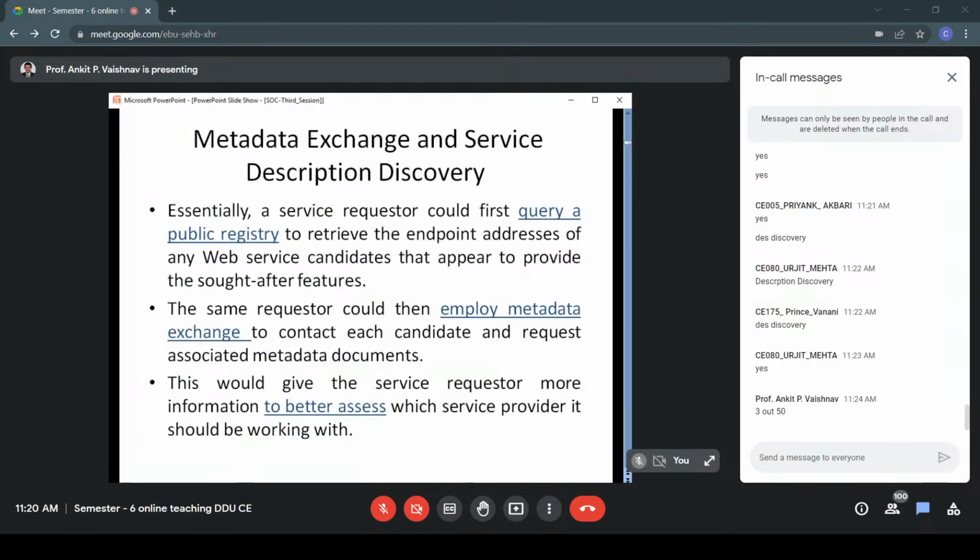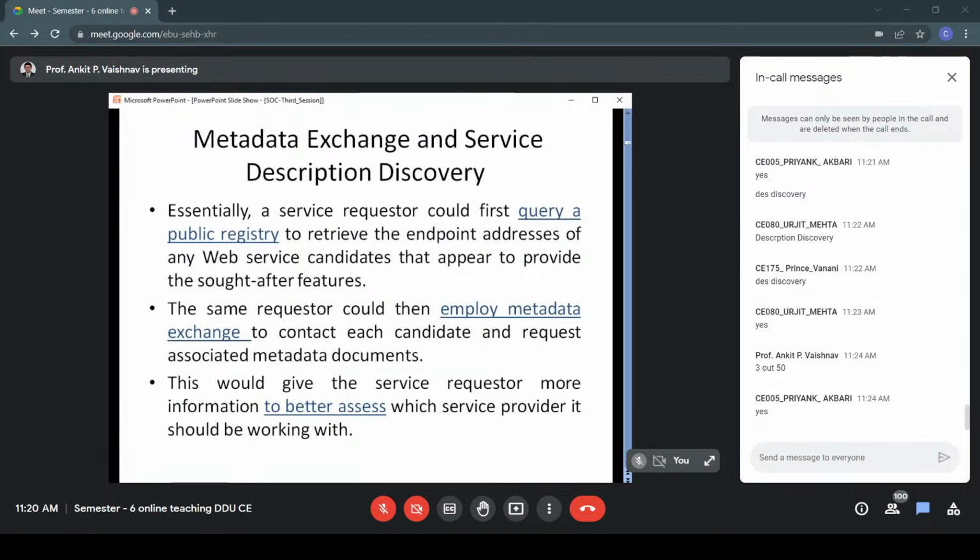Now you will be sending a get metadata request to those 3 services. That will be step number 2. Step number 1, I'll repeat: you first go through UDDI to find potential candidates, potential providers. Now you shortlist the 3 that seem best.